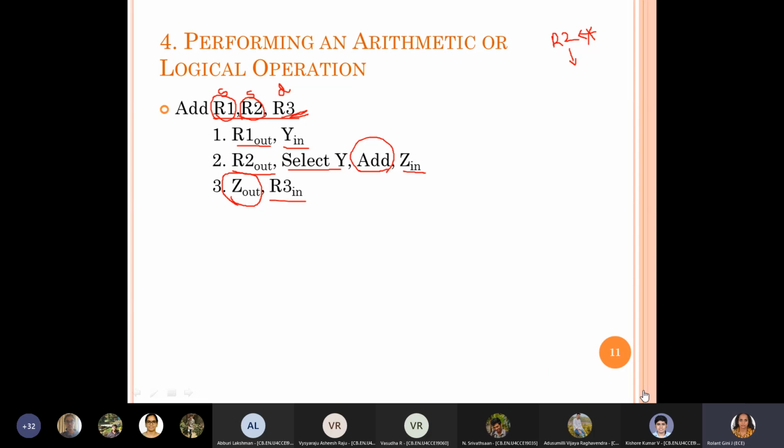If you are not clear with any of this, ask now itself, because we will be discussing entire instructions now. If you don't get it, you won't get that also. So better you clarify this now.